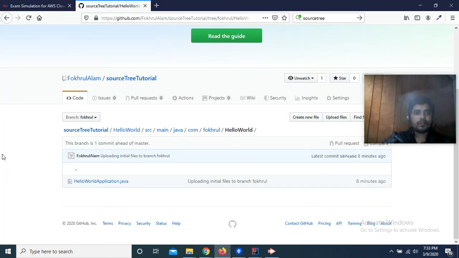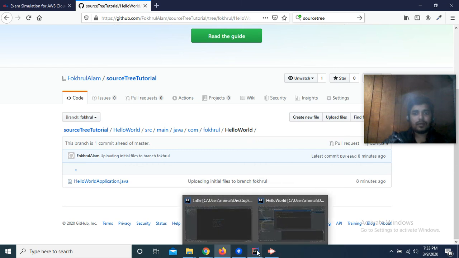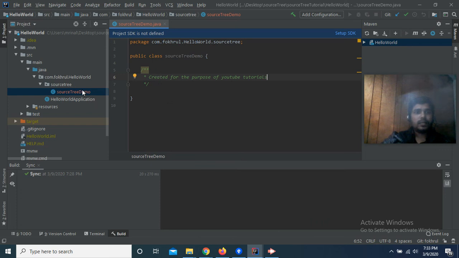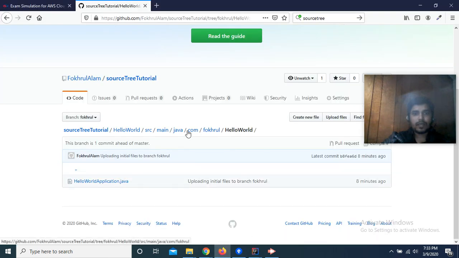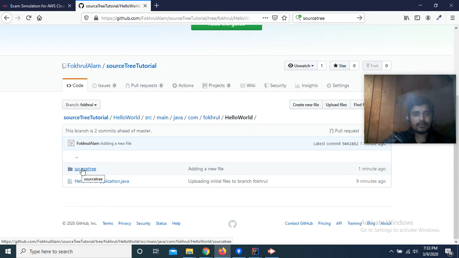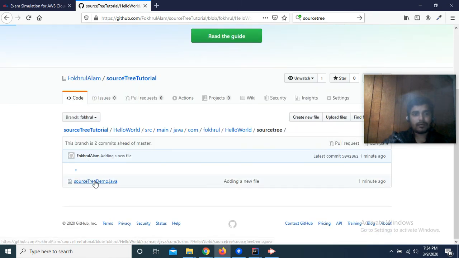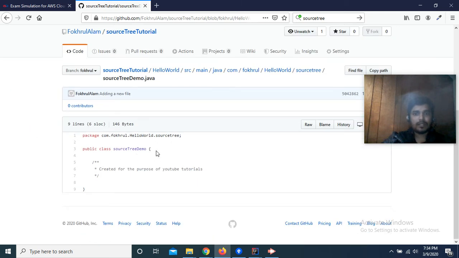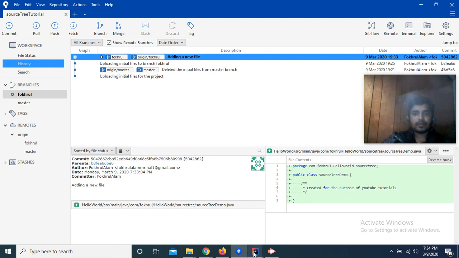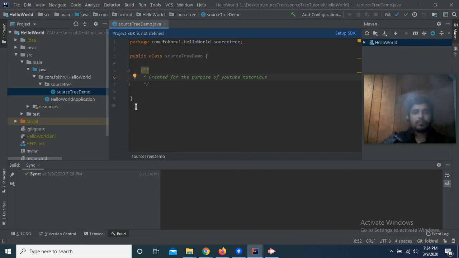Now if I go to this IntelliJ IDE, we will see that this new file was created here, right? com.folklore.helloworld. Here we created a new package, and then inside that package we created this file. So if I go to SourceTree, and we are in com folklore hello world, if I reload this page, then we can see that new package. If I go inside it, we will see this file here. If I open this file, we can see whatever we did on IntelliJ, right? So this is how you can write code, make changes, and then commit those changes